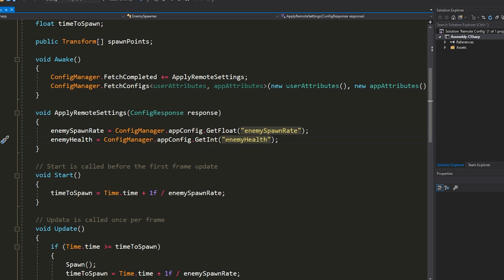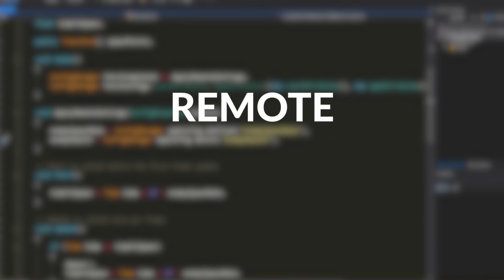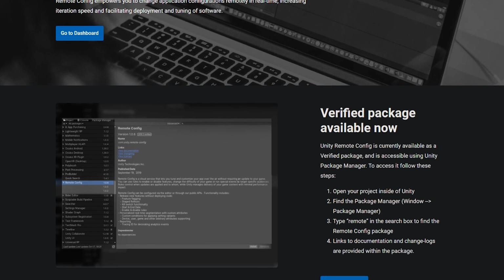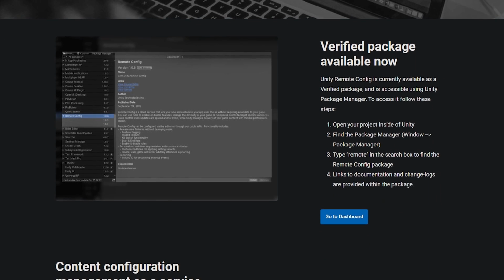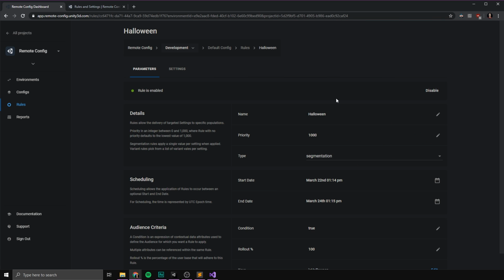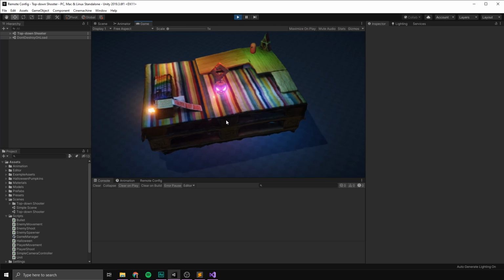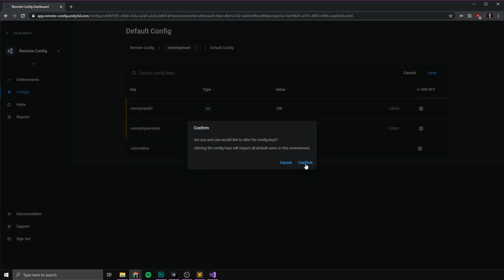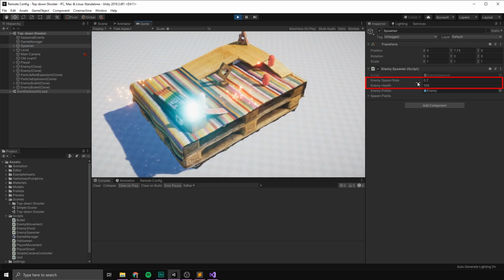Luckily, all of this has just gotten incredibly easy to do with Remote Config. This is a new version of Remote Settings, a feature that's been around for a while, but for some reason almost no one knows about. What Remote Config allows us to do is not only make changes to our game, but to do it remotely and without having to push an update. In fact, we can adjust game variables and trigger game events just using a browser, and the changes can be pushed to the players while they're playing the game.